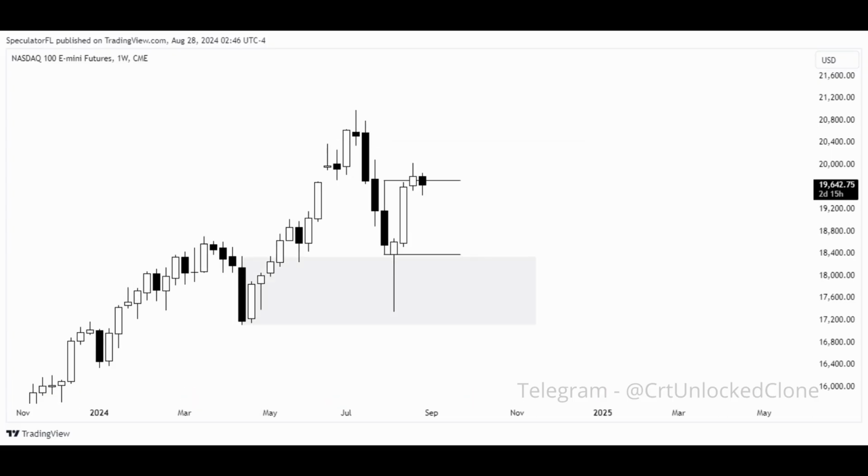Now what you can see right here is that after that move lower, we finally rebalanced this whole dealing range and we tested a discount key level right here in the form of this order block. It's in the discount region of this dealing range. After this monthly CRT low was taken, we also tested this discount key level and then the candle closed above the key level. This candle ended and closed just above this order block before testing it, which means that this candle has now generated liquidity above this discount key level.